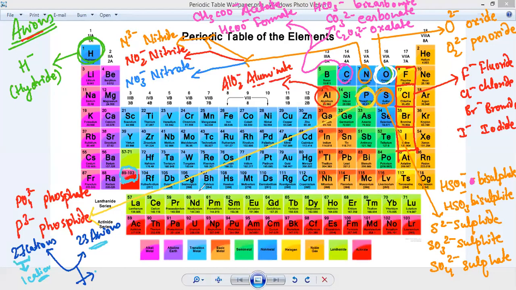For formation of each compound, that cation is bonding with one of the anions. Let us say the cation you have chosen is aluminium, Al plus 3. So that aluminium can form bond with this ion, all the negative ions it can form bond with, right? You are able to understand?